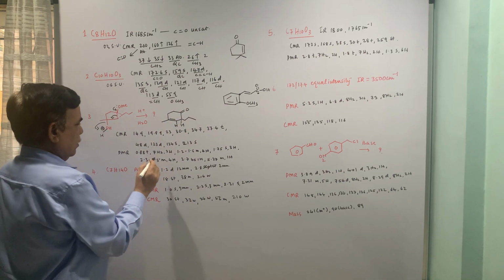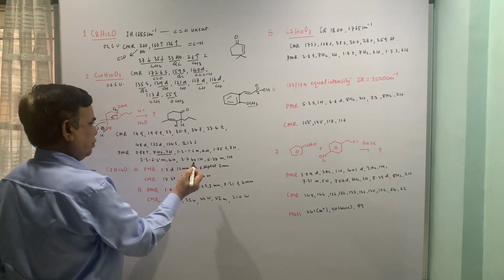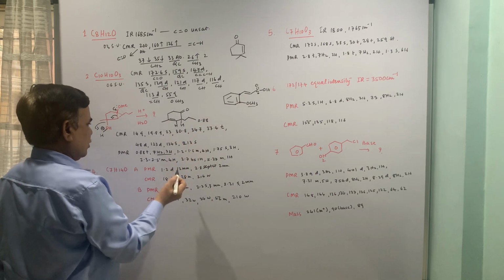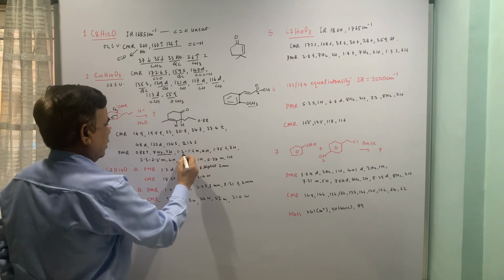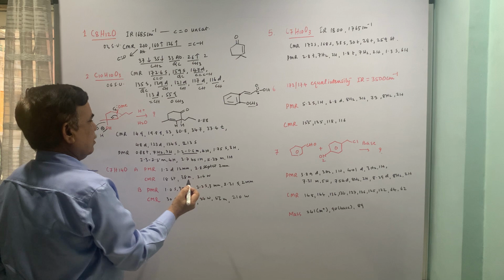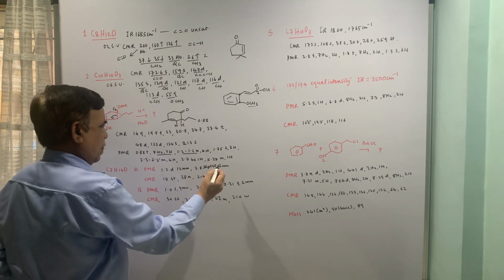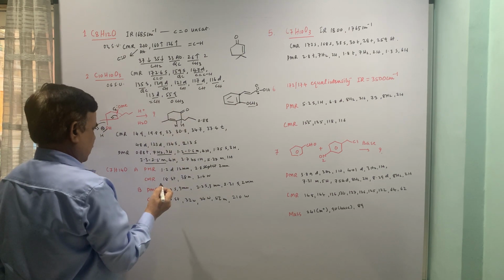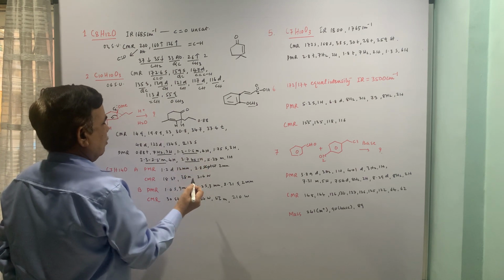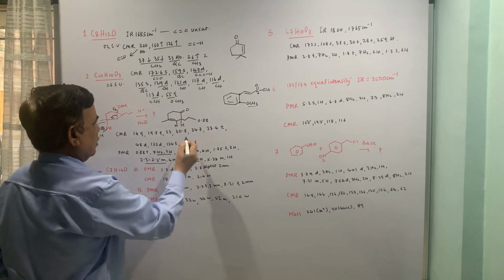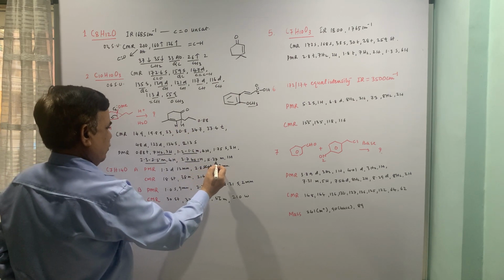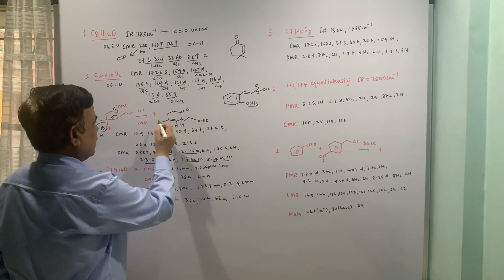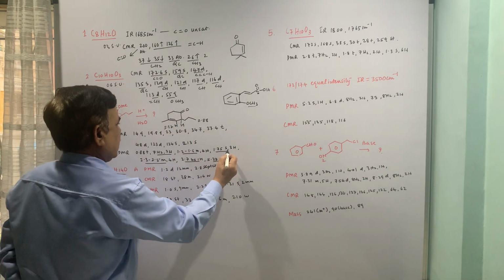So if you look at PMR, 3 proton triplet, probably this one, 0.88 triplet, because it has a methylene as a neighbor. 1.2 to 1.6 multiplet, 4 protons, probably these two. 2.3 to 2.5 multiplet, 4 protons, this vinylic as well as the alpha. 2.7 broad singlet for 1 proton, probably this proton. 5.37 is this proton, a multiplet because it can couple with this, even long range methyl coupling would be there. 1.75 is this methyl.